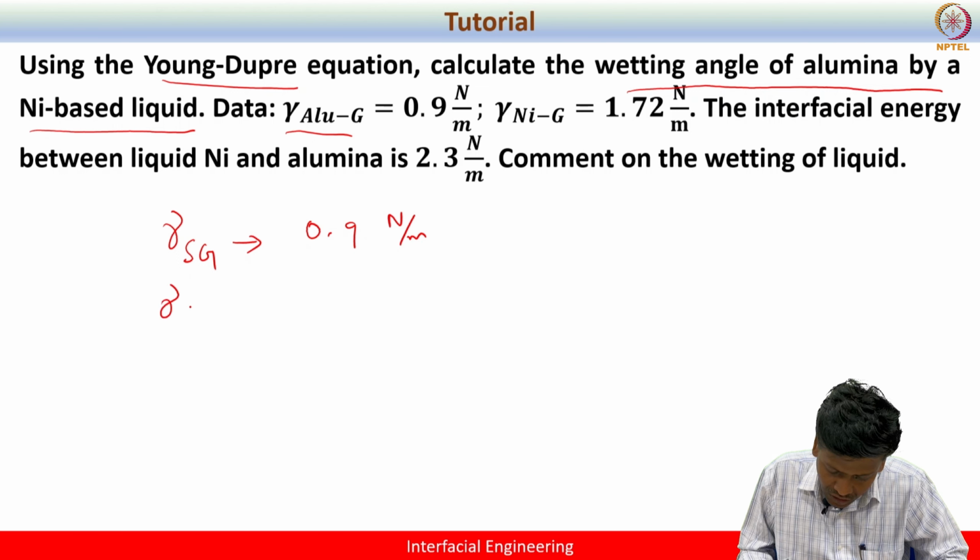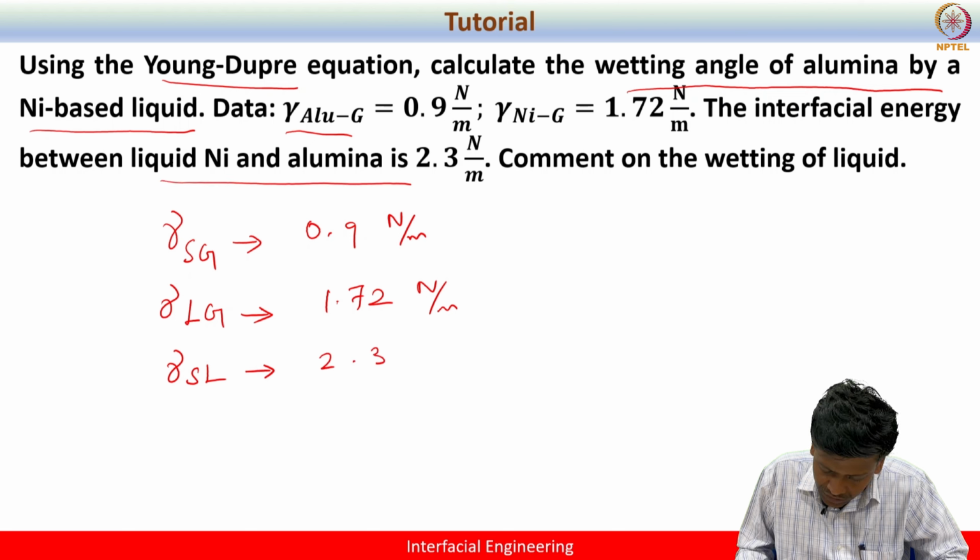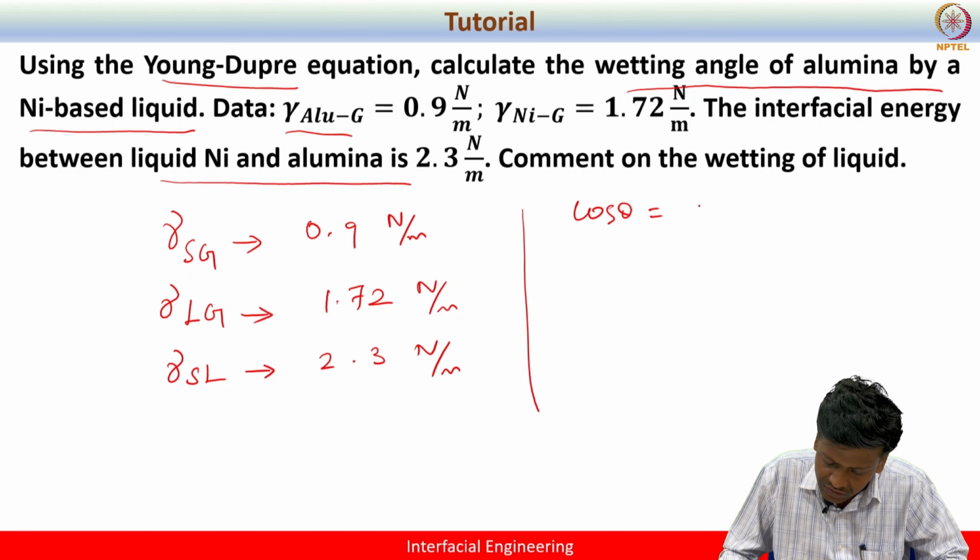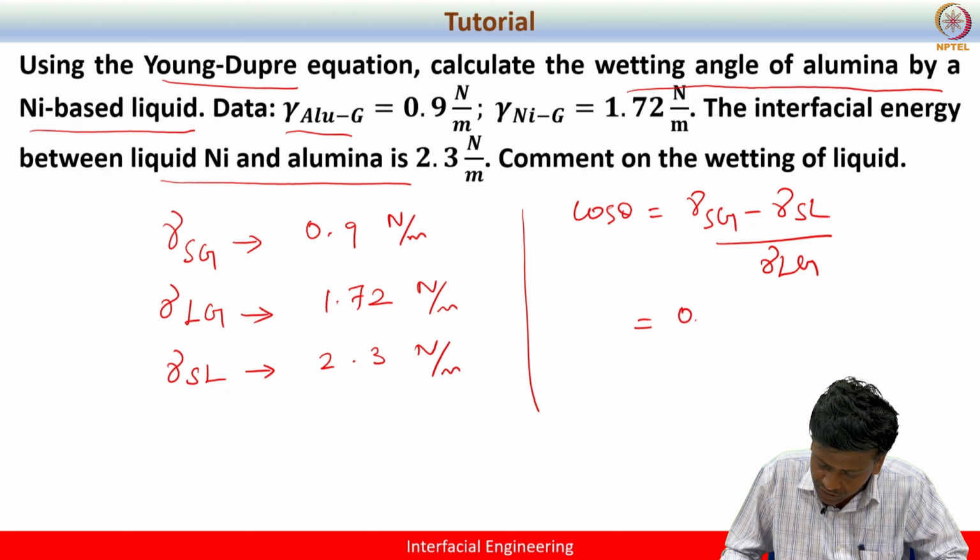We also know gamma Lg, which is 1.72 Newton per meter. And we also know gamma SL, which is 2.3 Newton per meter. So we know cos theta is gamma Sg minus gamma SL divided by gamma Lg. If I simply substitute all these values here,